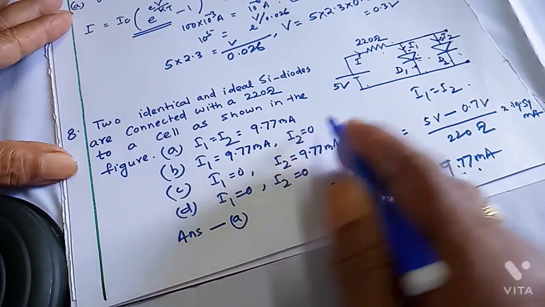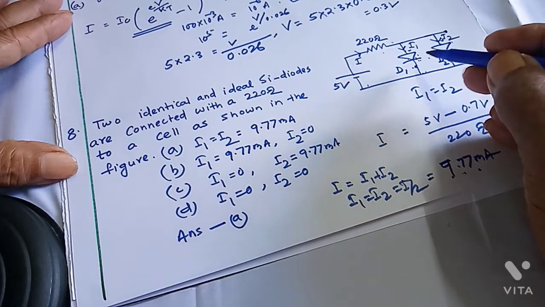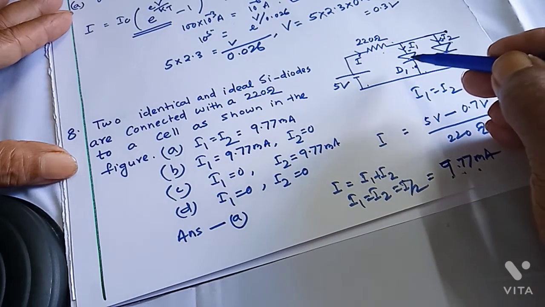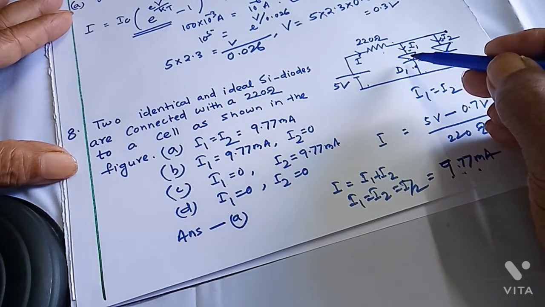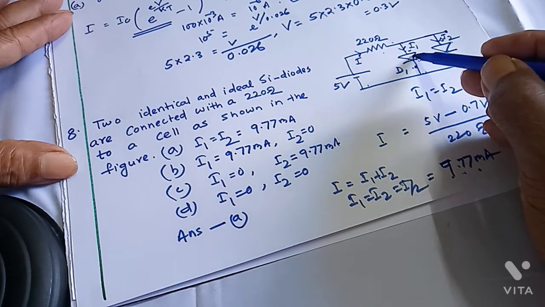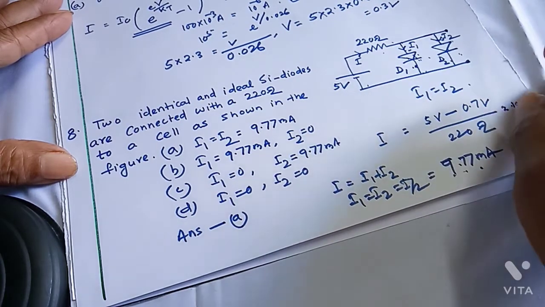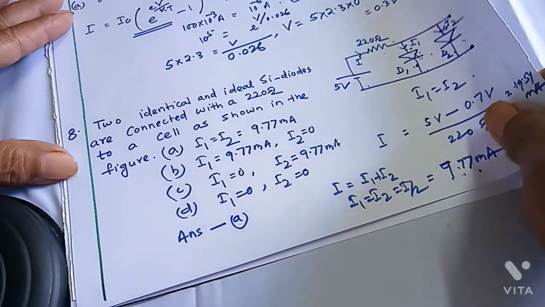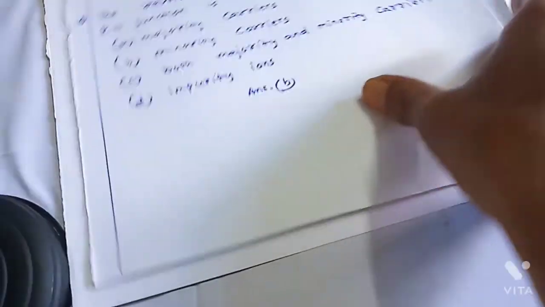The point is, for calculating current, you should take into account the internal drop. The internal drop cannot be measured by any method in the laboratory, by your voltmeter or any method. Next question is,